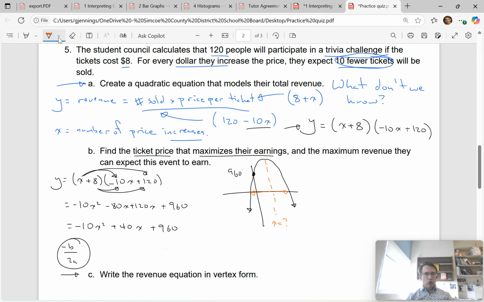In this case, our b value is 40, so we have negative 40 over 2 times negative 10, so that's negative 20, and negative 40 over negative 20 is just 2. So the ticket price that maximizes their earnings is x equals 2. So we're going to increase the price. We go back to this here. What is x? It's the number of times we increase the price. Do that twice. So therefore, a $10 ticket